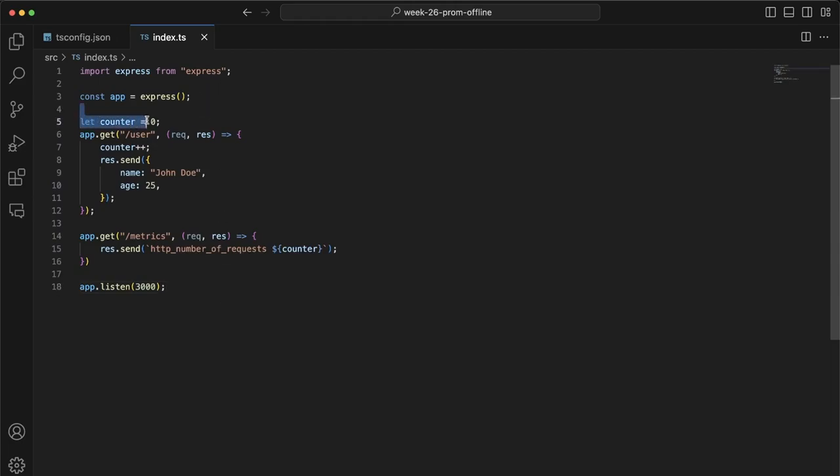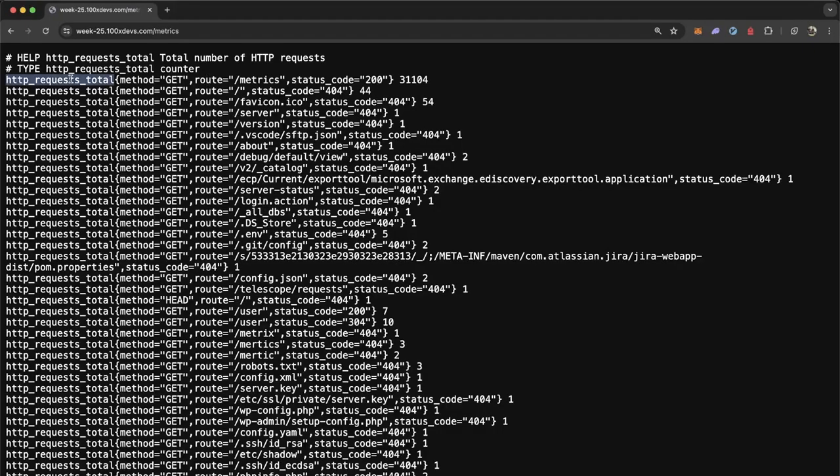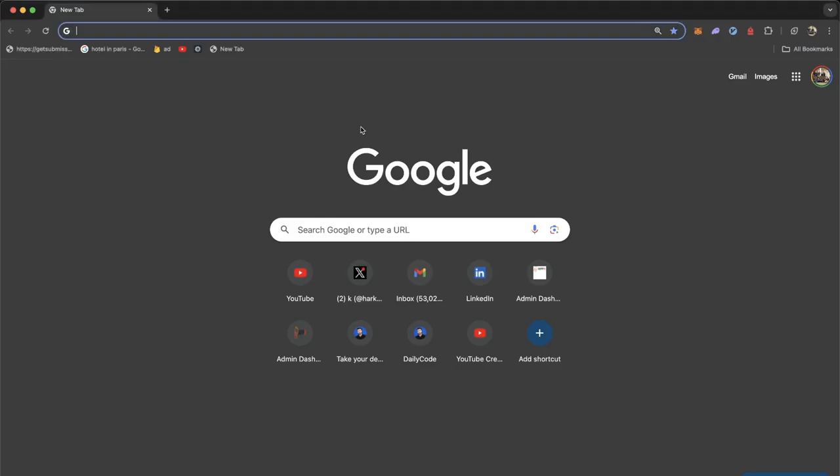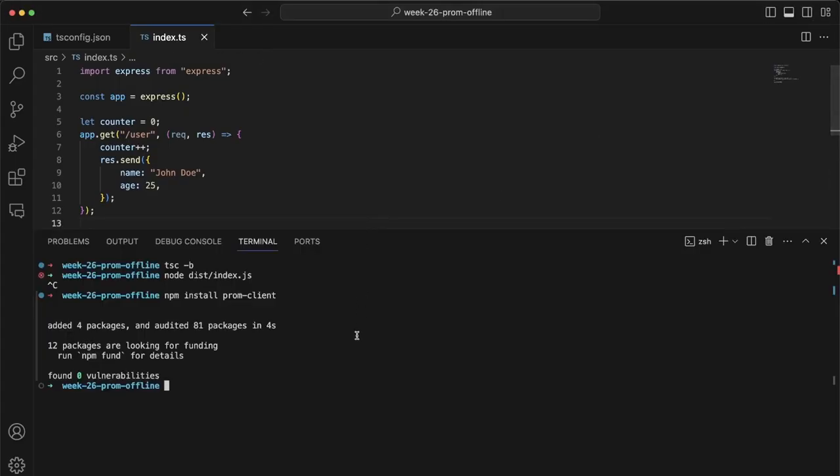What have I done? Defined a variable, initialized it to 0. Anytime a request comes to /user, I did a counter++. And anytime a request comes to /metrics, I return in a certain format the total number of HTTP requests is this much. I have not written anything fancy like method equal to get or other labels that you saw on the main website. We did not just have HTTP total requests equal to 31,000. We had HTTP total requests with these labels equal to 31,000. And hence, we are creating a simpler version right now, just a manual version that simply prints HTTP total requests is this much. If I go here and try to rerun the application,